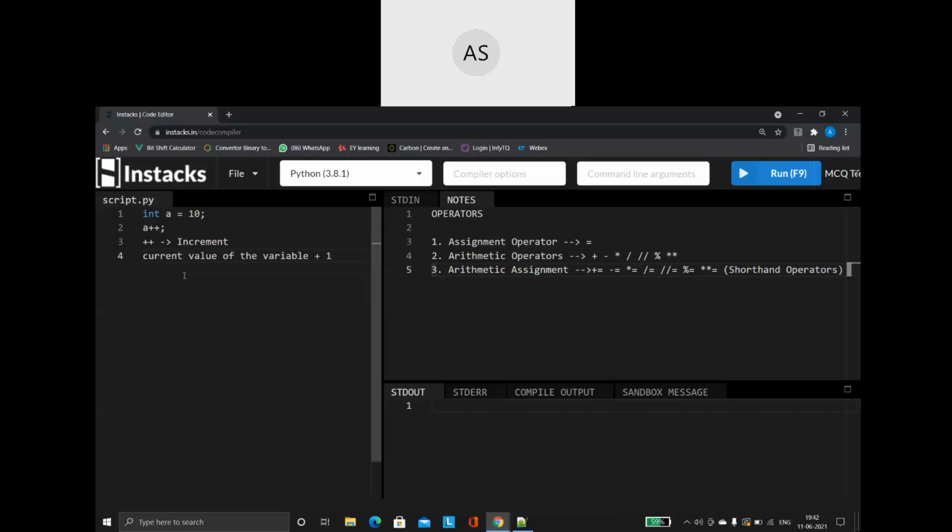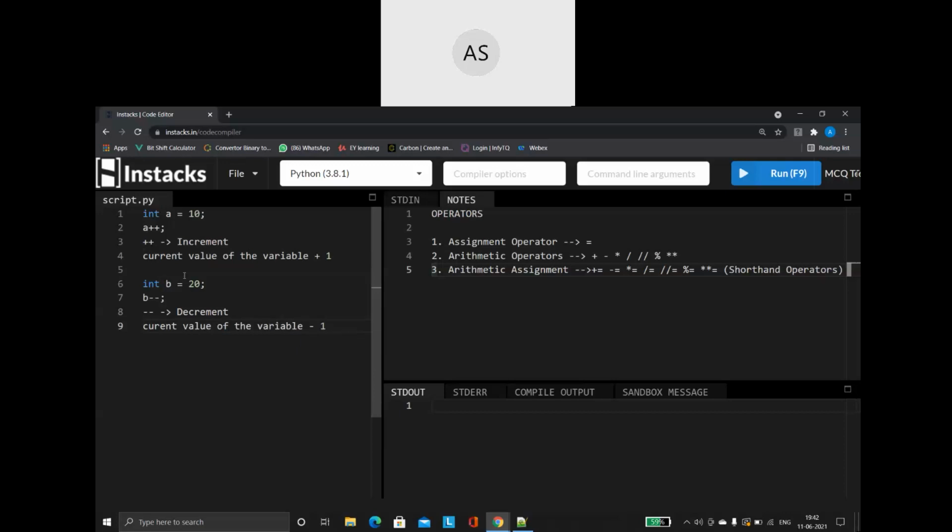Same thing, suppose I am saying int b is equal to 20, then I'm saying b minus minus. Minus minus is what we call the decrement operator. What does the decrement operator do? Whatever is the current value of the variable, that value minus 1.